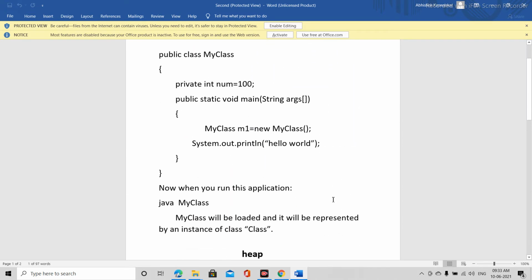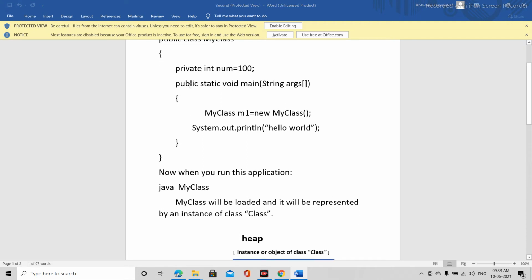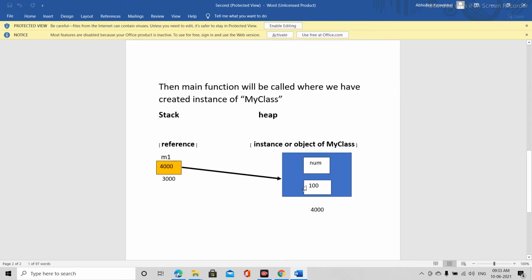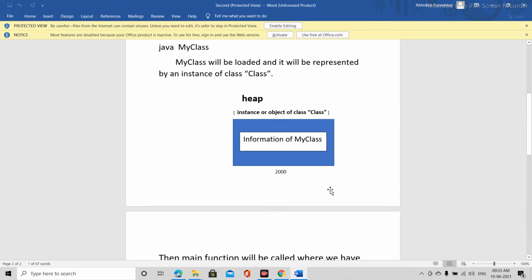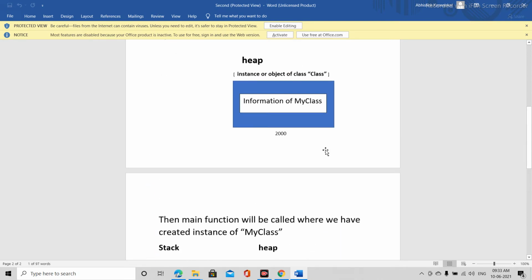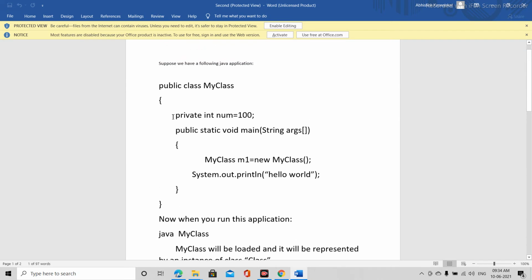So let us check this code again. Private int num is equal to 100. So num is an integer which is 100. Now this is the main function.